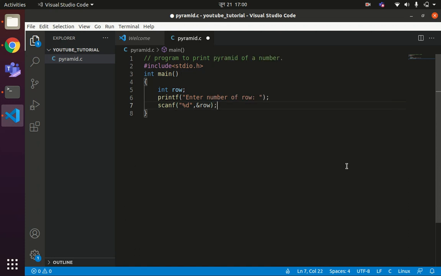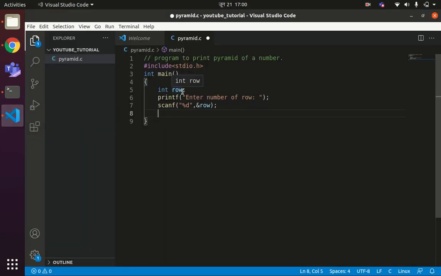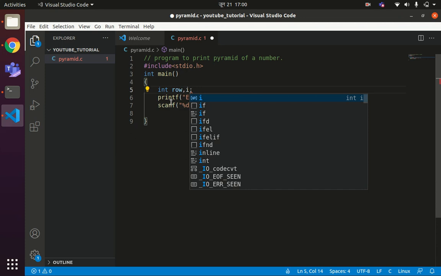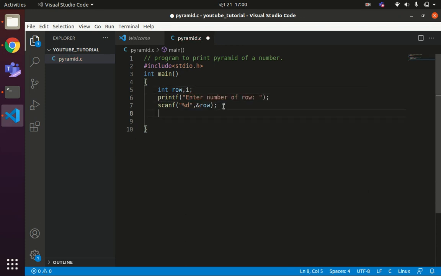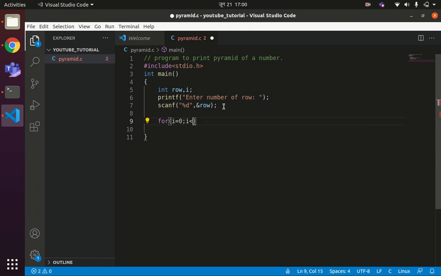Once you have the value of row, you have the number of rows to be printed. And the number of rows to be printed is controlled by which loop? The outer loop. So let's define one outer loop to print the number of rows. For i equals 0, i less than 5, i plus plus.